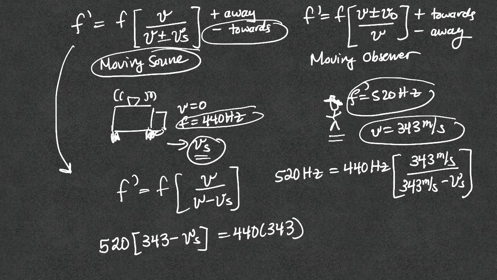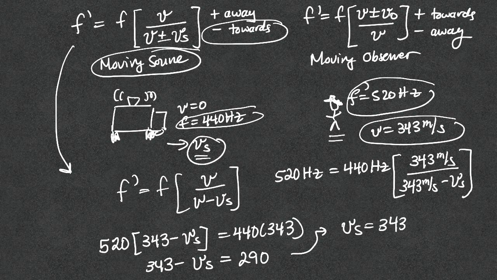Let's see. 343 minus velocity of the source equals 290 meters per second. And then that means that v source is going to be 343 meters per second minus 290 meters per second. So 343 minus 290 is 53